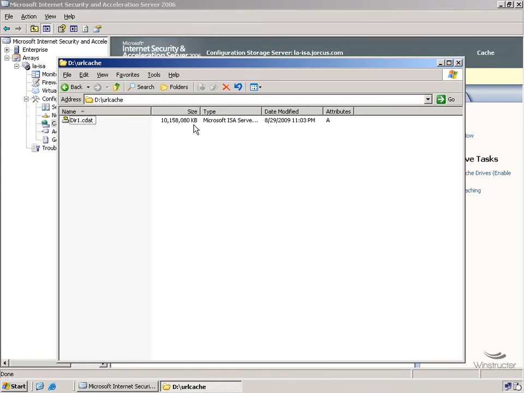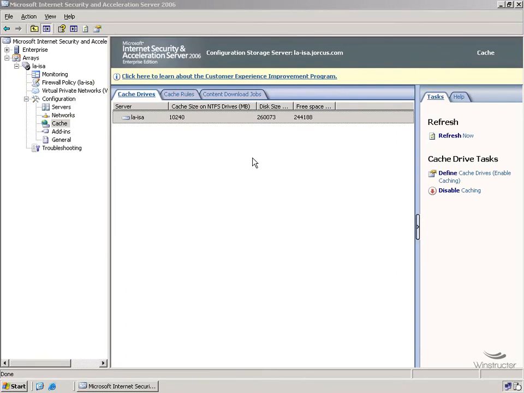Don't worry about recreating it though. ISA server will do that automatically once you restart the Microsoft firewall service. Alright, if we go back to our ISA server management console, you'll also notice here on the left hand side that our icon now has changed. We've no longer got that downward pointing red arrow, so we can tell at a glance that caching now is